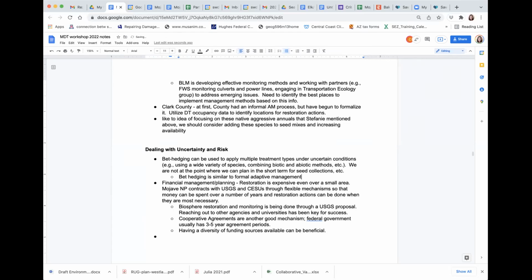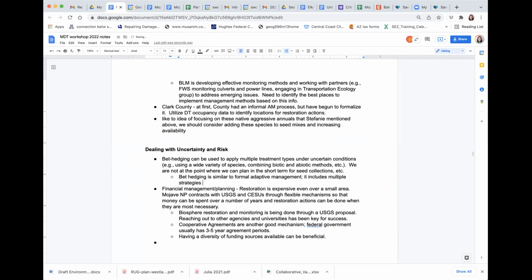But when you use a bet hedging strategy, use multiple types of things, you can actually compare how those work against each other. So you're learning a lot quicker in that way, which is what formal adaptive management is all about. I don't have specific creative ways to address this,